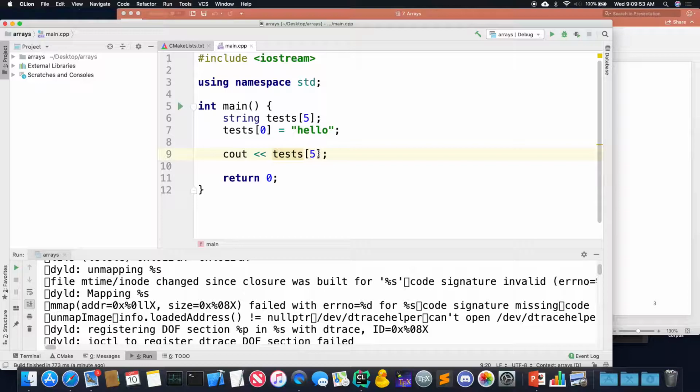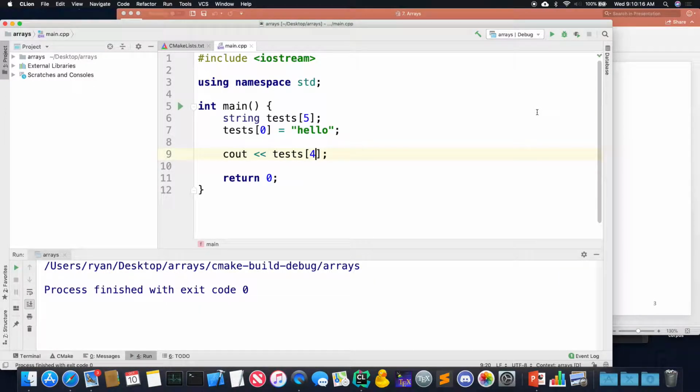Fortunately, in languages like Java and Python, if you try to do something like this, the program will throw what is called an exception. And we'll talk about exceptions later, which, if you don't do anything, will immediately stop the program, as you might want it to in this case. But if I print test of 4 here, it shouldn't actually cause any issue, and it doesn't.